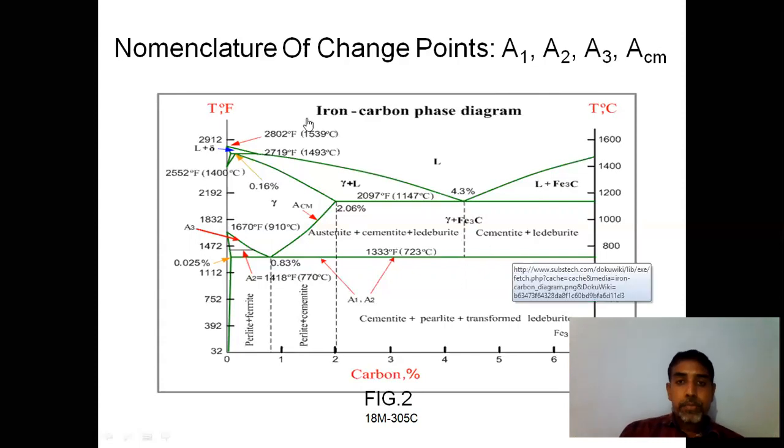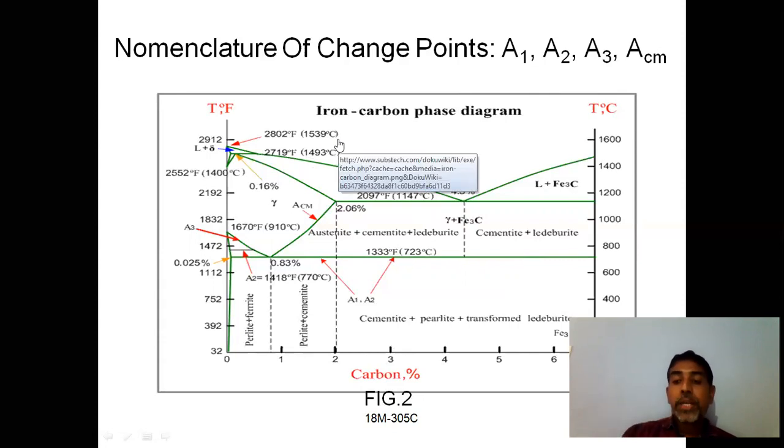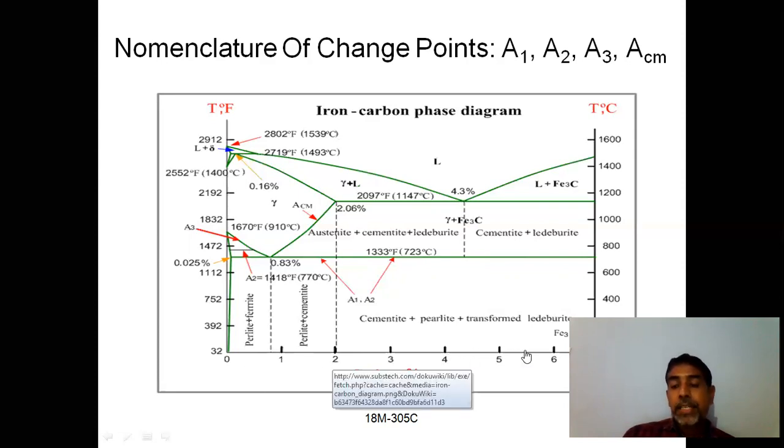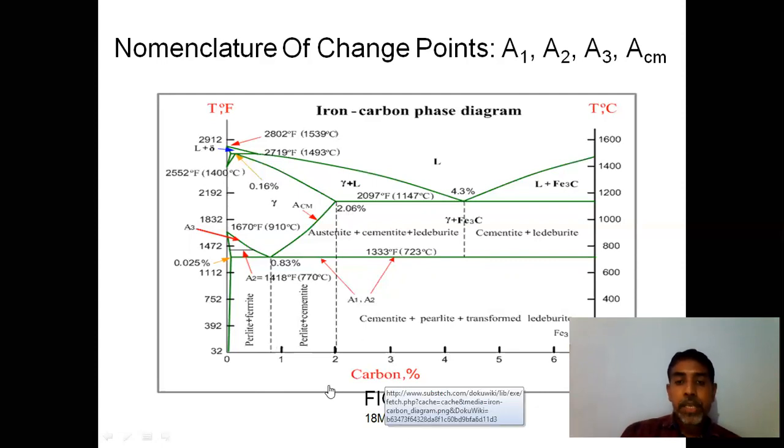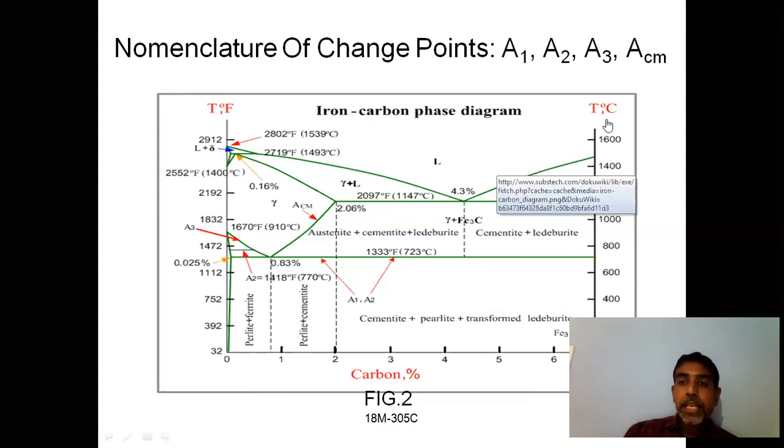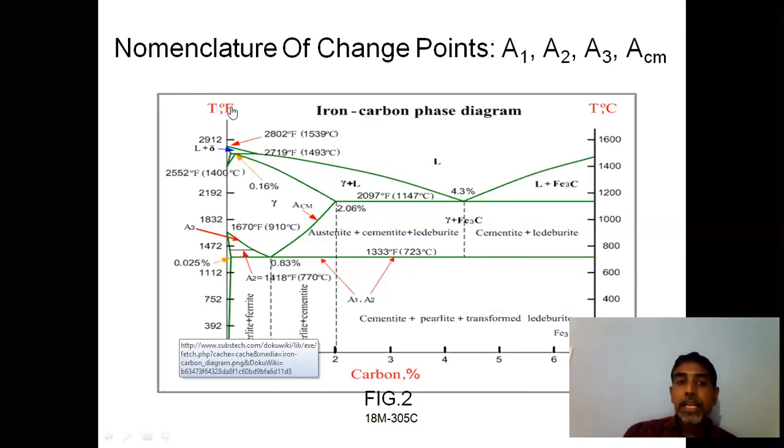Okay. See this one. This is called the iron carbon equilibrium diagram. You may have different points. See here how we are going to draw this diagram. What are the parameters we will take on x-axis and on y-axis? Just a few basics I want to explain here. I am taking the carbon percentage on the x-axis. I am taking the temperature, whether in degree centigrade or Fahrenheit, on the y-axis. Here they have taken degree Fahrenheit and here degree centigrade.